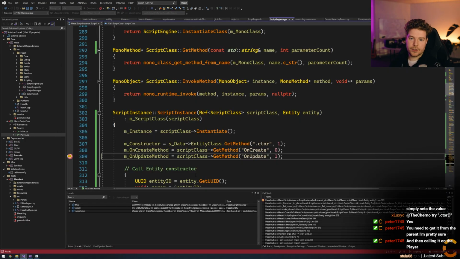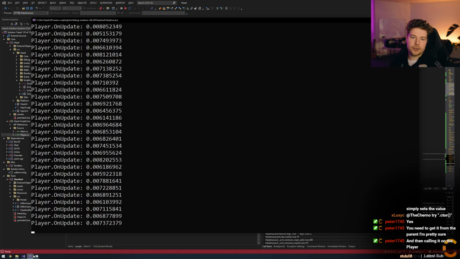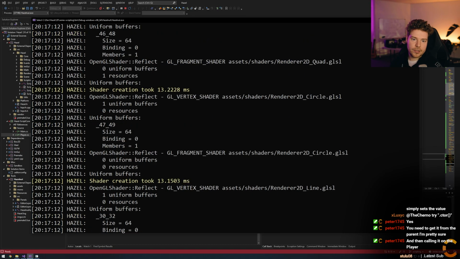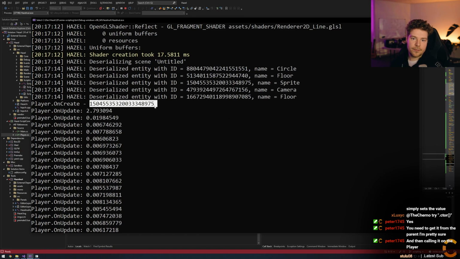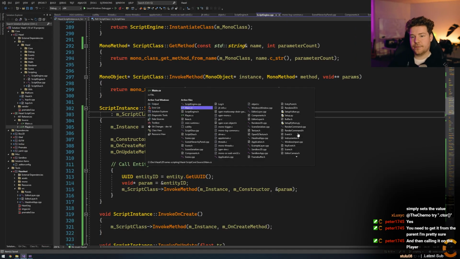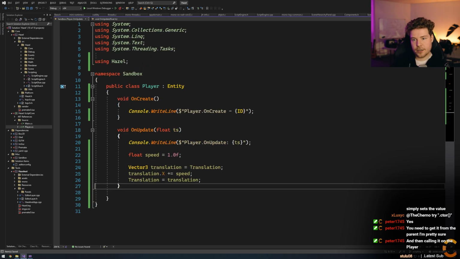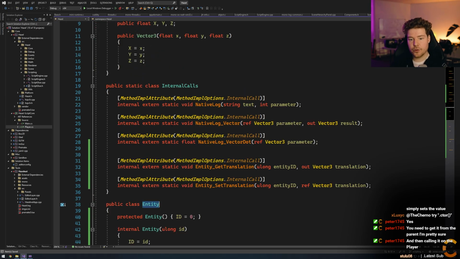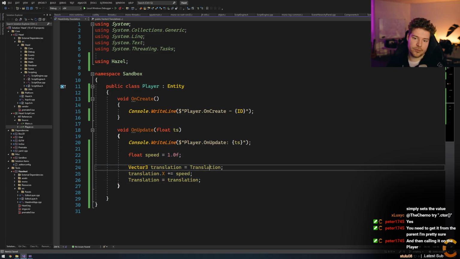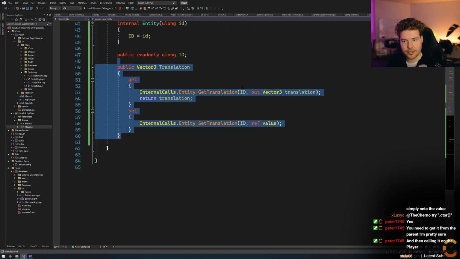And then if I run this, okay, yeah, it's not null and it seems to work. Okay, cool. So if we go up, maybe we'll have the UID, hopefully. And yeah, that looks pretty good. So now we have the UUID inside C#, and when we try, for example, to modify the translation of an entity, we can just